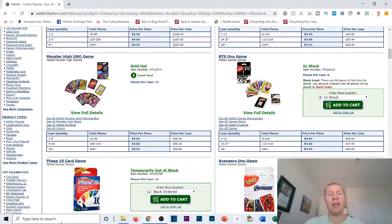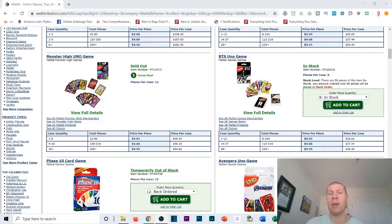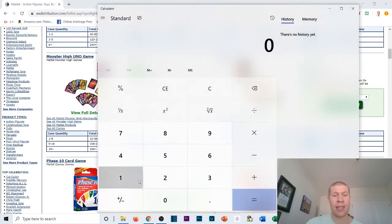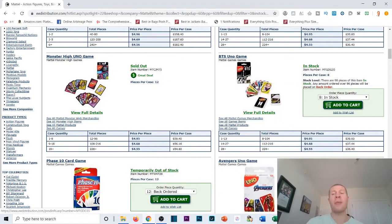So for me to get ungated from Mattel to sell Barbies, if I wasn't already ungated, let's pull up the calculator and see how much it would cost me, right? So the cheapest I can go is $4.95 because I'm only planning on buying 10 of these, and the least that I can purchase is 8 of these units initially, right? So if I buy 10 of them times $4.95, I'm literally only spending $49.50 to get ungated in Mattel,